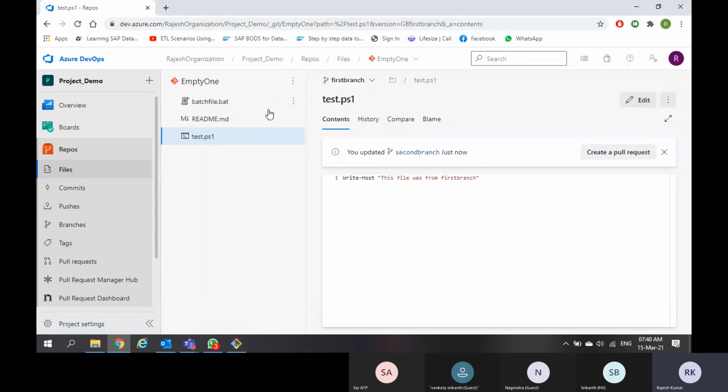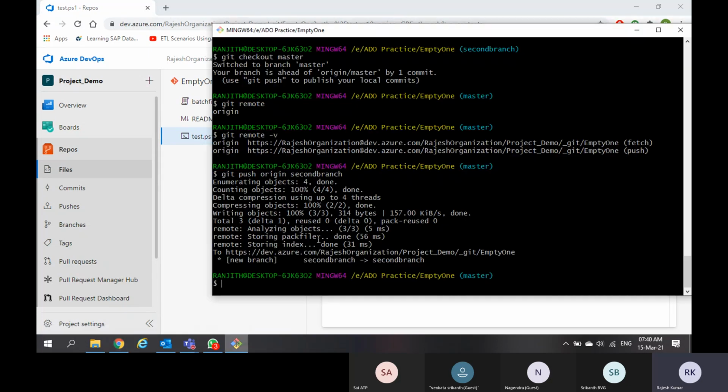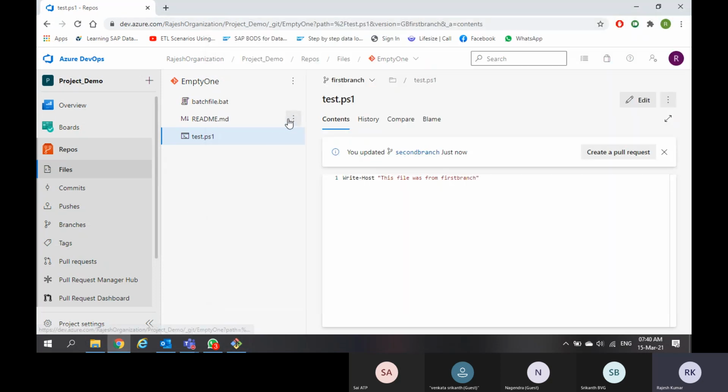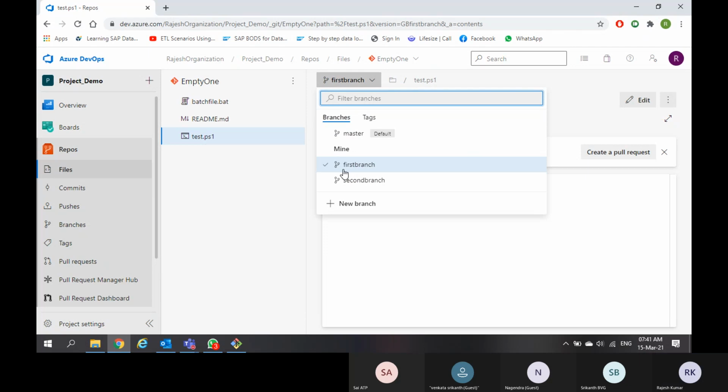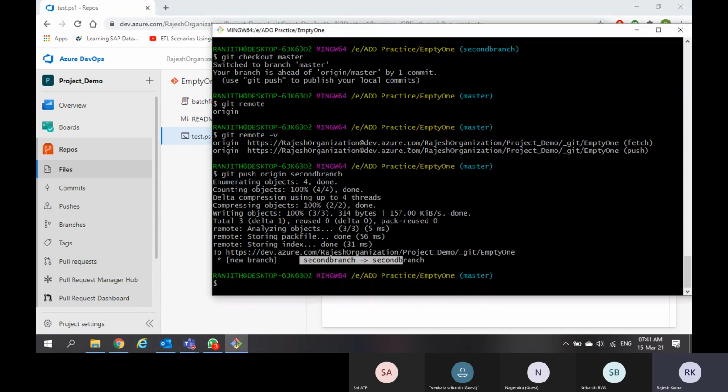Assume that this remote is somewhere in America and I cloned this into my local from India and I worked on this. The moment I am done with the work, I push the second branch. Now the people who are in America can see the second branch. Until I push the code, they can't see it. But my code is already there in my local. This is the meaning of distributed version control system.